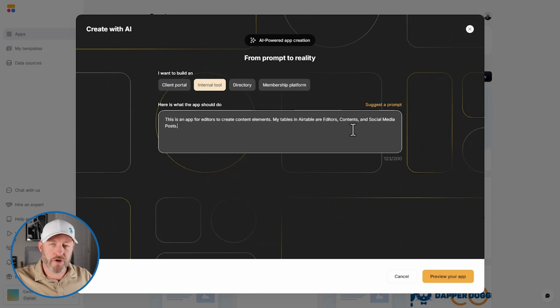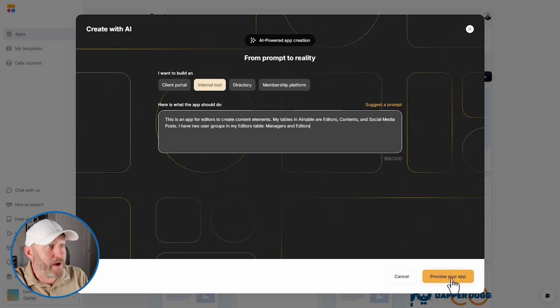All right, now let's also tell Softr, and you'll already notice I'm more than halfway through my allotted count of characters, but let's also tell it I have two user groups in my editors table, and I'll call them managers and editors. And that's about as much as we're going to be able to fit in here,